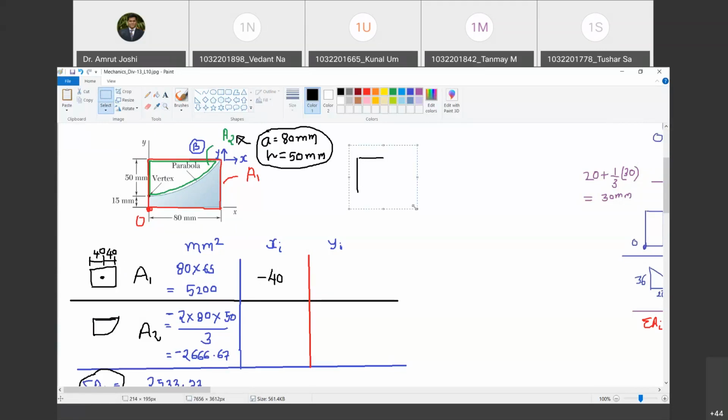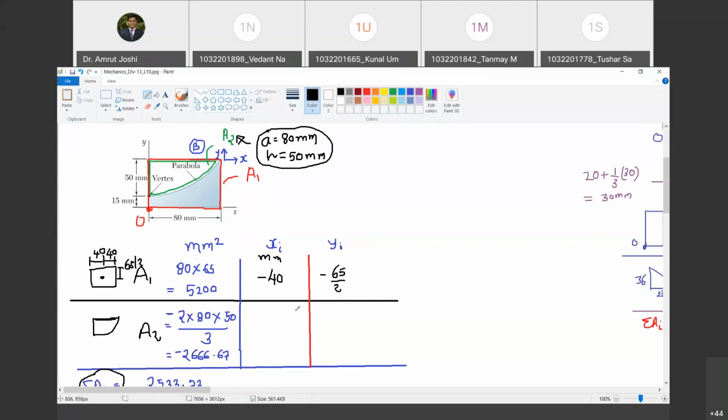Yes, sir. So giving positive or negative sign to the area, and giving positive or negative sign to xi, these are two different concepts. Have you understood that? Yes, sir. Okay, so let us go ahead. Now where is yi? Minus 65 by 2. Yes, so this is 65 by 2 and I must give negative sign to this because if I have to reach to the centroid of this rectangle, I have to move down with reference to B. So I have to move in negative y direction. So I'm going to give a negative sign. So that turns out to be minus 65 by 2.